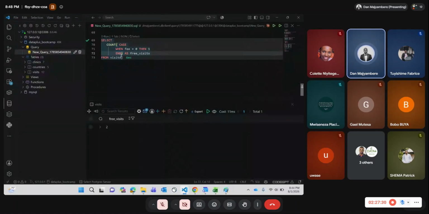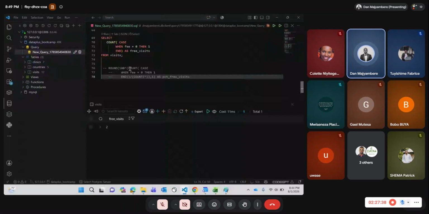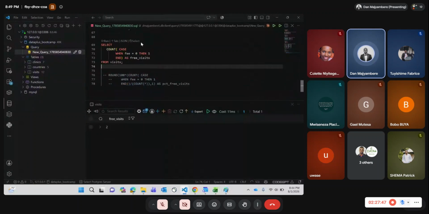So we first get the free visits. Then, so what was the query here? We got the round of case when still the free visits, and then we multiplied. So what if we do